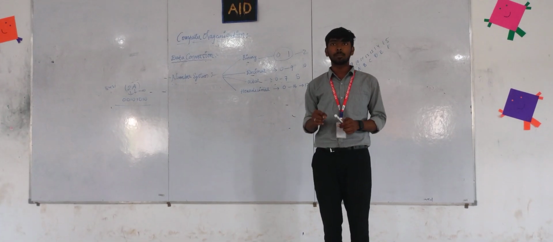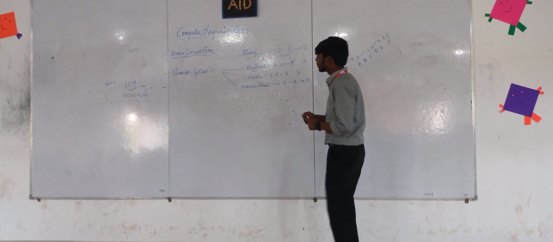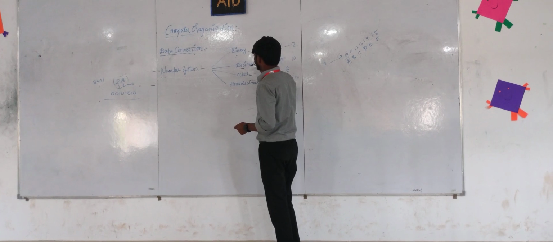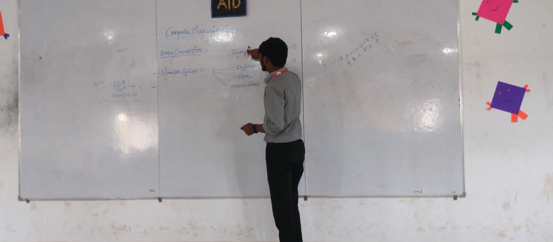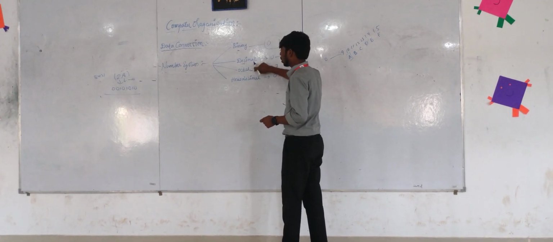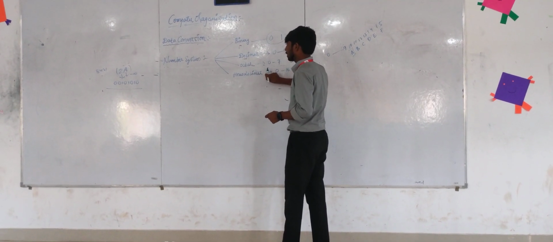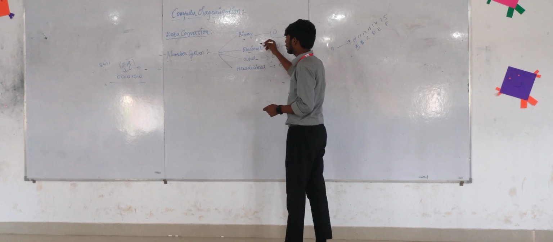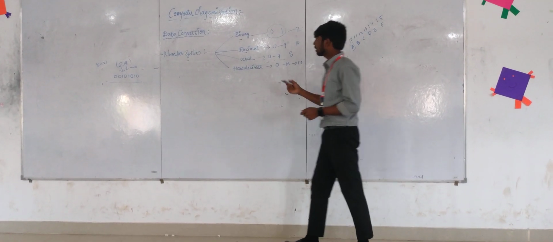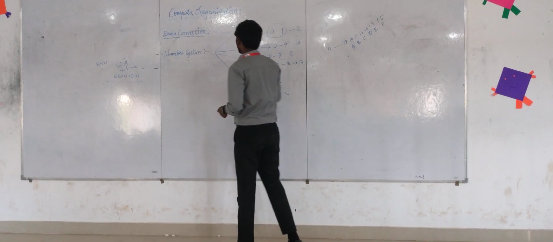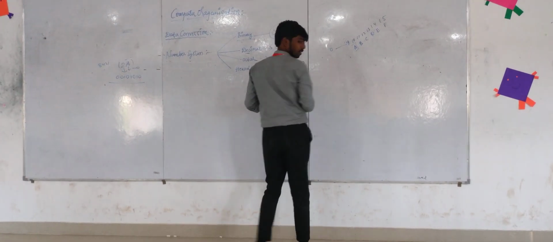Now let us directly jump into data conversions. Actually, each number system can be converted into the other three types. We can convert binary into decimal, binary into octal, and binary into hexadecimal. In the same way, we can convert each of the others into the remaining three. I will explain all three binary conversions now.